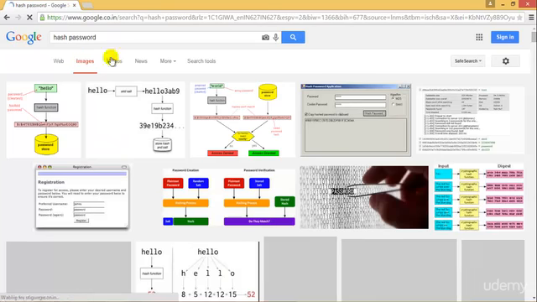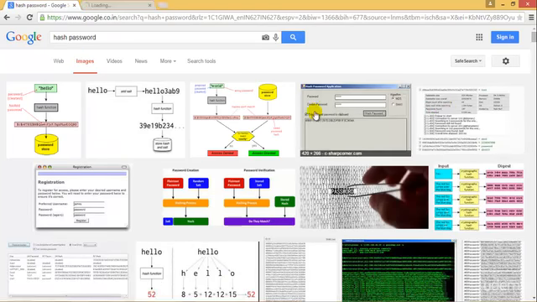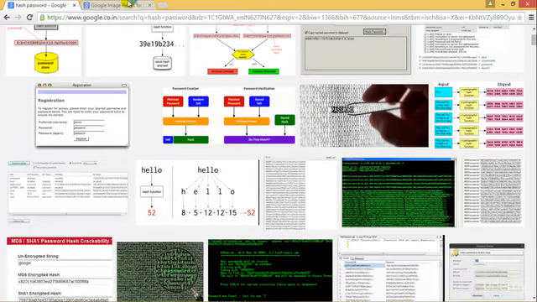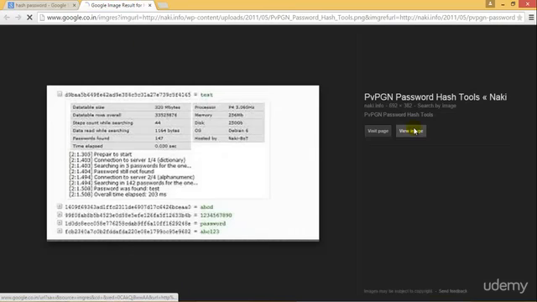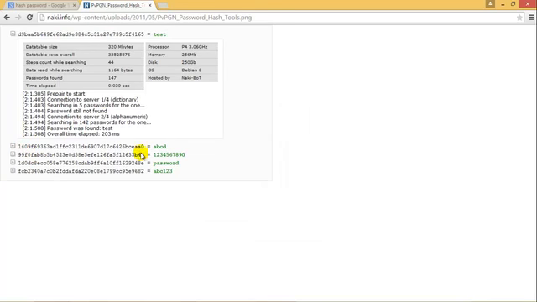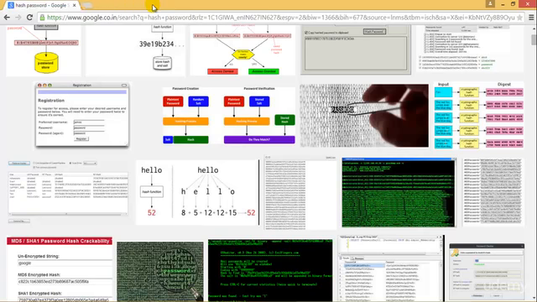Let me see. Okay, so I'll just go ahead and open this. I'll just show you the image. So this is how a hash password looks like. So this is the actual stuff that's ABCD. It's converted into the hash one. We have 120, and that's again converted, and this is how it looks like in total. So it's just a one-way encryption. It cannot be decrypted back, but there are still ways that we can go ahead and try to do something